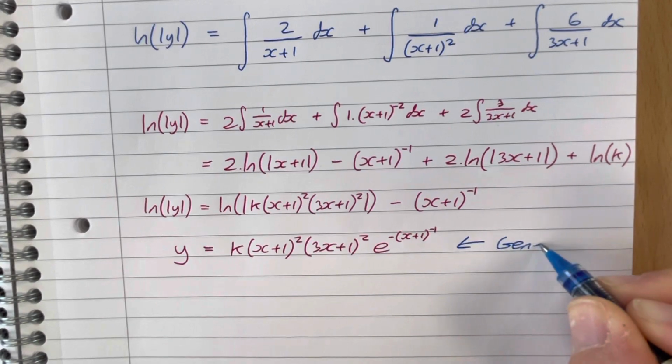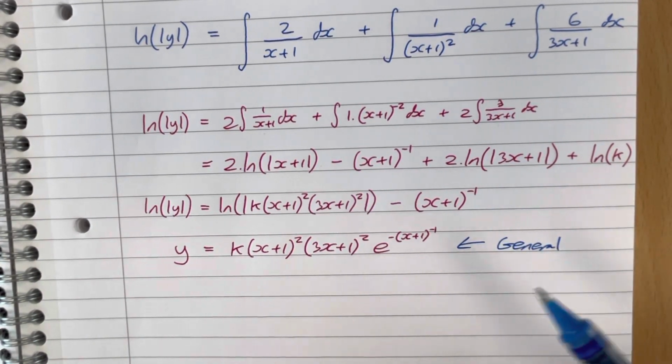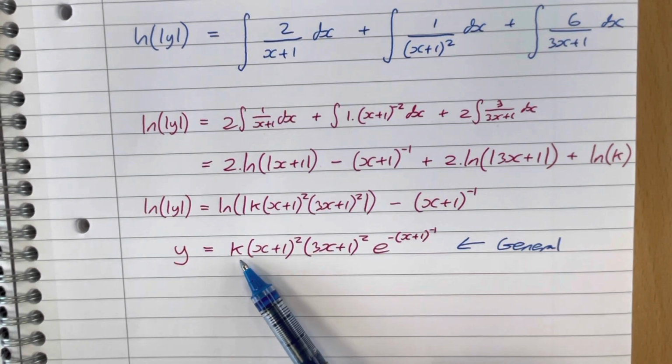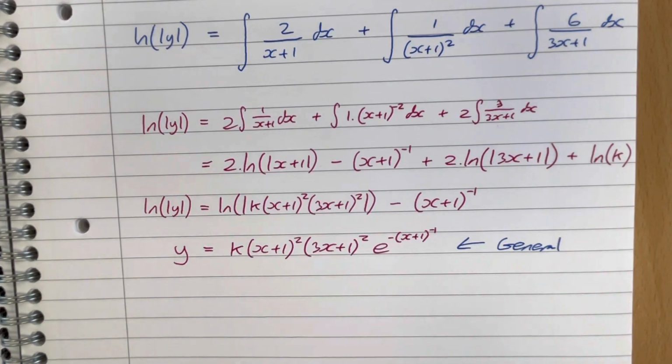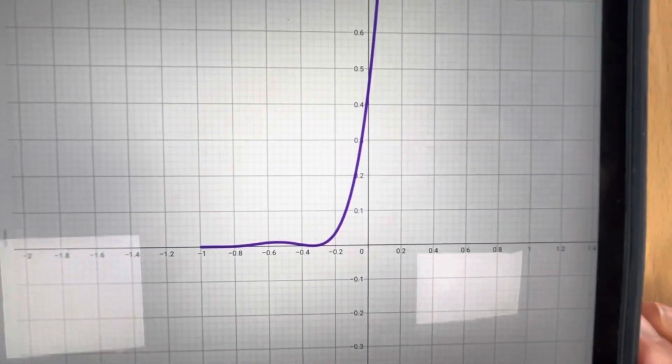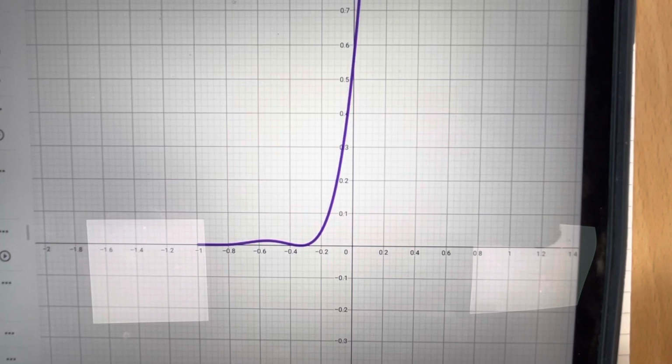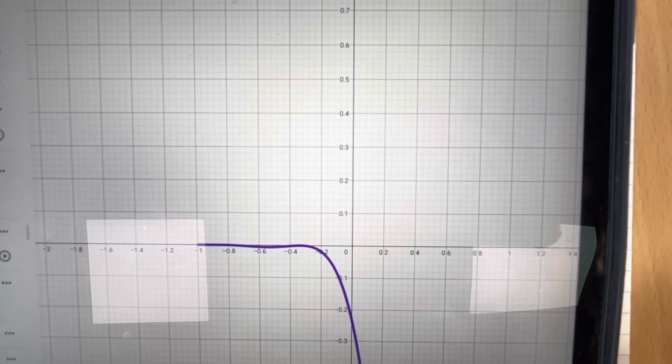This is the solution to the differential equation, but it's got the arbitrary constant in it. Okay, so for every value of k, we'll give a solution, and every solution will give a value of k. So let's have a look at some of these curves. Let's see what our k does as we change it. So here we have a particular solution, but as I vary my value of k, then we can see how the curve changes. We can see it's stretching up, and then it's coming down again. There we go. And if you notice, a bit of a flash, but very quickly, we're close when k was 0, we saw a little,